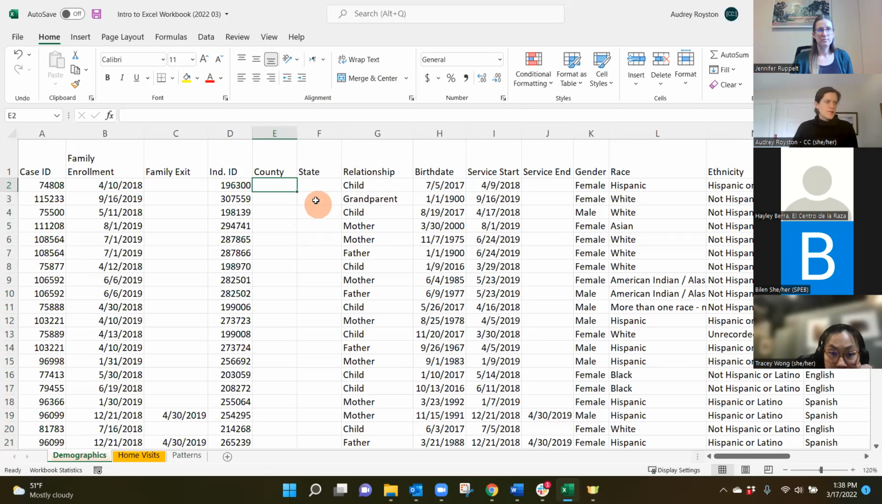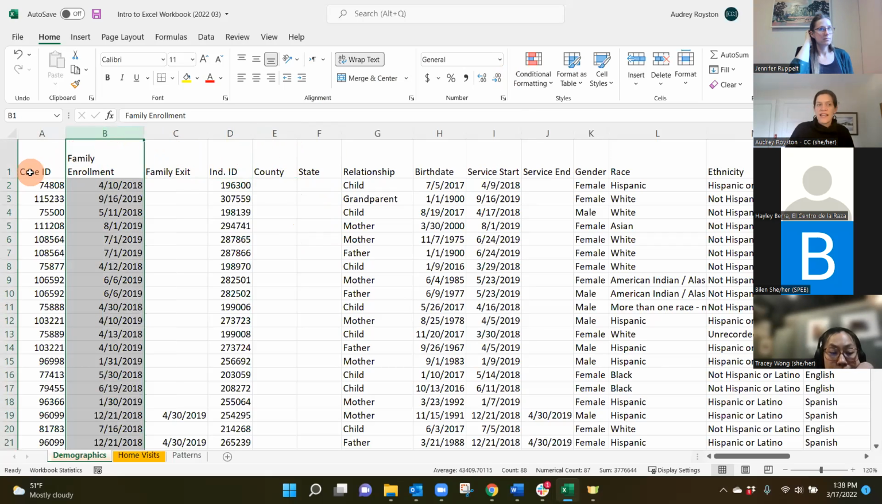Great. Okay, now I'm also going to show you how we might move a column around of existing data. So let's say I've got this case ID and I've got my individual ID, and I realize after looking at my data or working with it for a while that actually I want these to be right next to each other. Just be easier for me and the type of work I need to do. So there's a couple ways to do that. We can do what we just did and add a column in between case ID and family enrollment. So again, can insert,